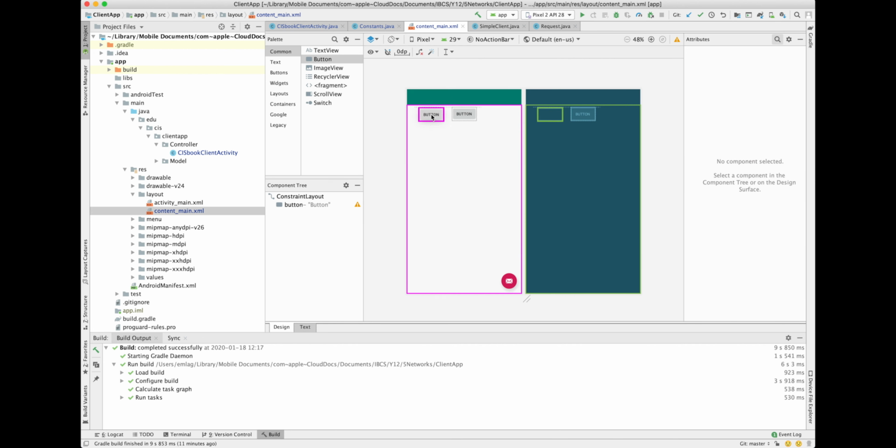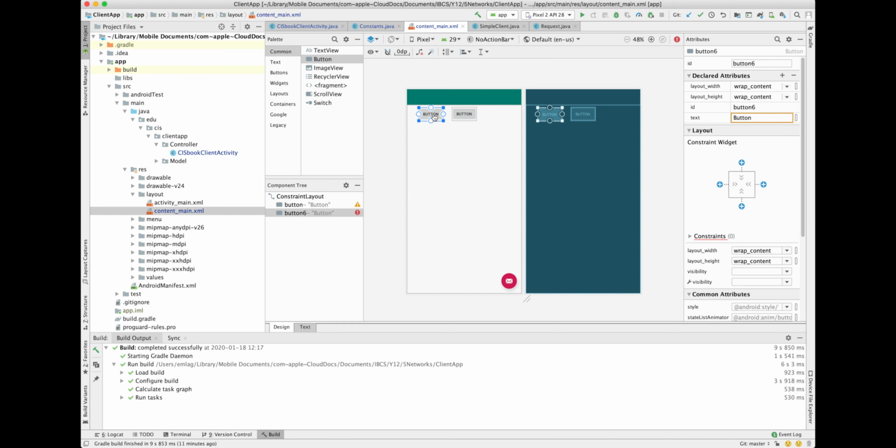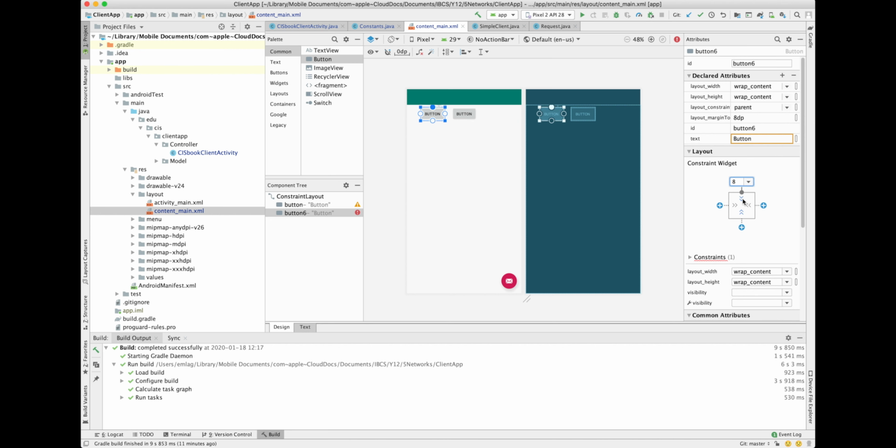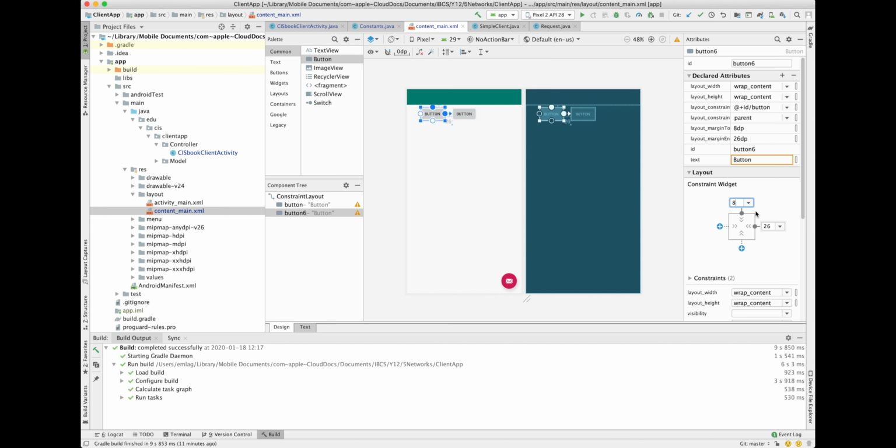Let's say that I want a different button. Now I can drag and drop the new button over here, and then that button will need to be constrained as well. Now I will right click on it if I want to, say, center it and put it right under here. Or if I wanted to lay them side by side, what I'm going to do is set the constraint at the top to the same amount as the other one. So that would be 8. And then I want to set a constraint to the right. So it's going to connect this button with this button, and it's going to give it a constraint from this button to this one. What I can do is set a constraint from that one of about 16,